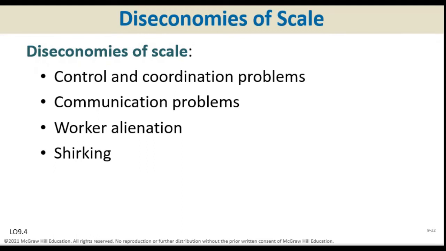So with diseconomies of scale, an increase in input will result in a less than proportionate increase in output. So if you are in diseconomies of scale and you keep increasing the input, for example labor, the marginal product you get by adding that additional labor will decrease